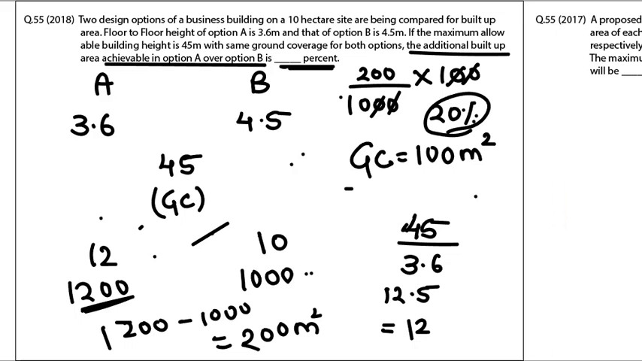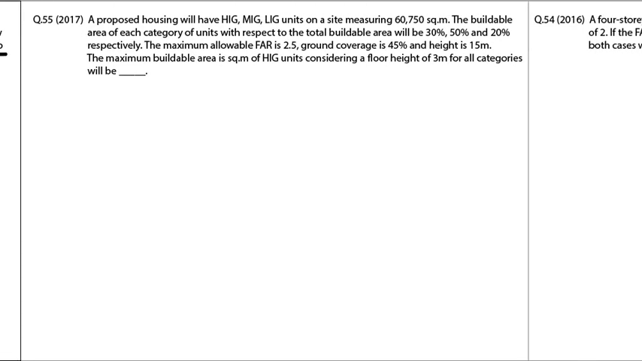So this was another question from 18. They have mentioned two options. We have to find the number of floors. Since ground coverage is same for both the options, we can assume a common value. Then achievable in option A over option B in percentage they have asked us. So it is 20% additional area, which is in option A, right? So carrying on further,